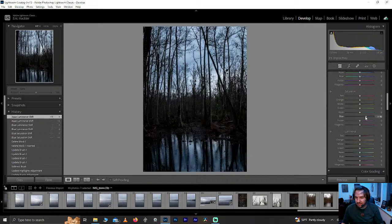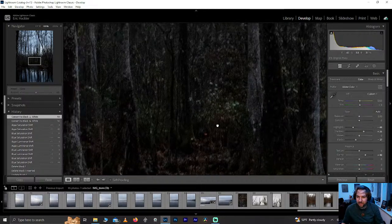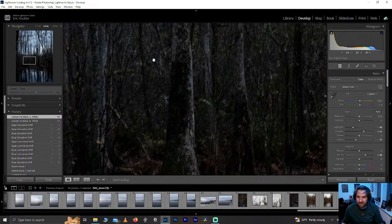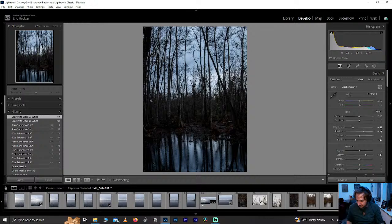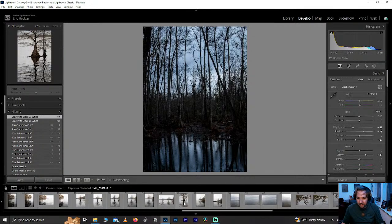But yeah, this photo, the blues are where it's at, and I could throw this to black and white, but it's not. For some reason, the blue gives it that mood, and there's little bits of color in here. There's little bits of detail in that darkness that I really love. That photo didn't take much, but let's save that. That is good. Let's come back to our panorama that we did back here,